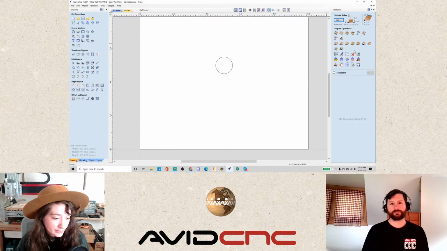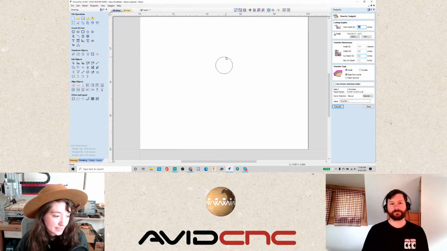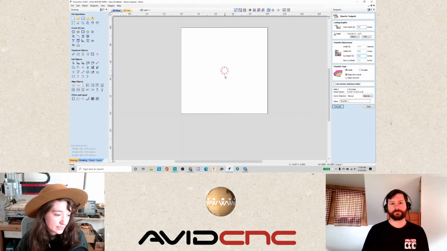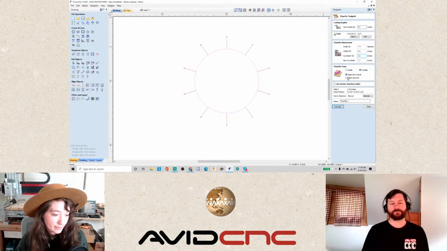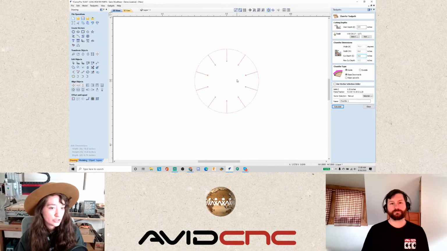So let's go ahead and do a chamfer toolpath. I'm going to select my vector here, and you can see the direction. It gives me arrows, and I can switch those: outside, inside, slope upward, but we want just the traditional,